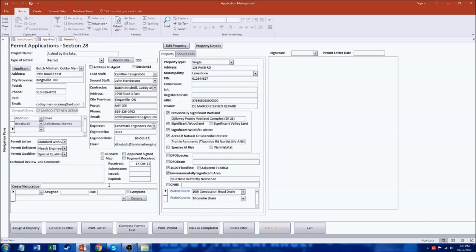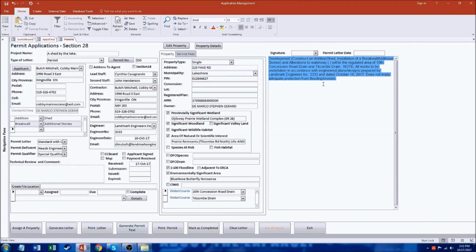All right, so we have everything we need to do two things. We can generate the letter that goes with the permit, and I can generate the permit text. This doesn't actually generate the permit because the Conservation Authority has their own permit where they put the text in. So I just generate it for them, and then they highlight it, Control C, and they paste it wherever they want. Now, if you have a permit that I can integrate into here, I'm fine with that as well. Okay, let's clear this out